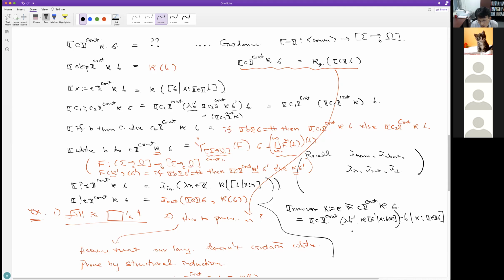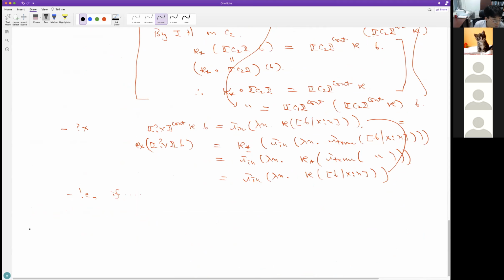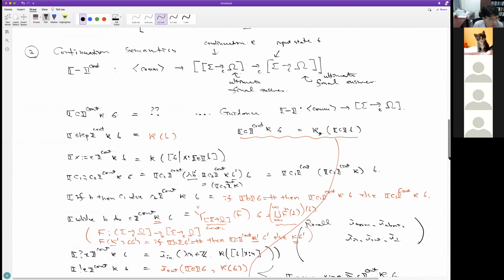So in a sense, two things are really happening: the state update, the initialization of x, and the restoration of x happen before C and after C. So that's how we capture this in continuation semantics. What's going to happen after C is expressed in the change in the continuation. Okay, so that's the top continuation semantics.